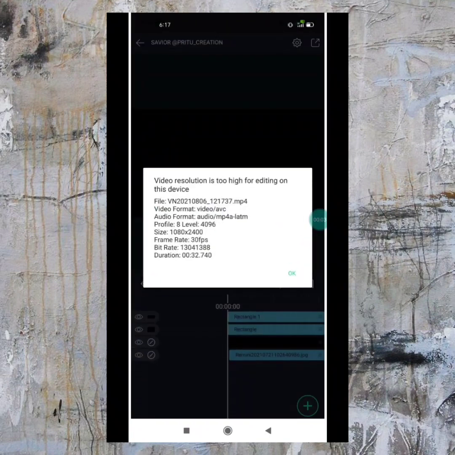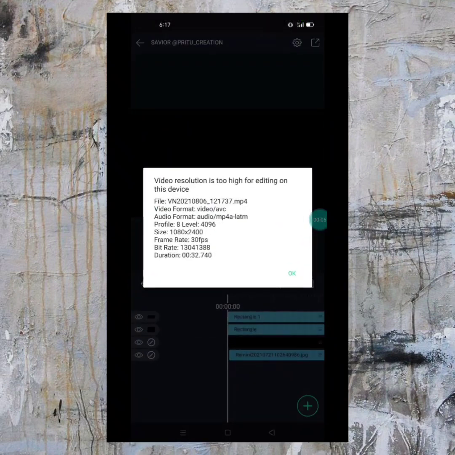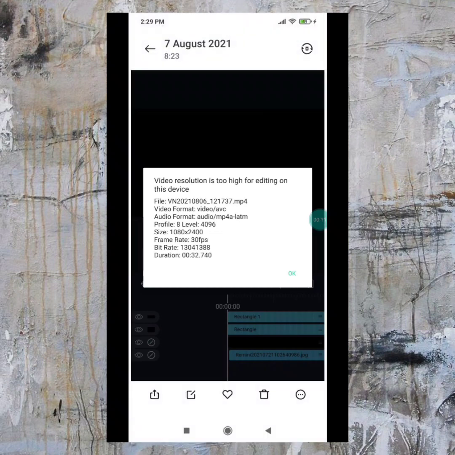The next most asked question is this: you will get this notification whenever you try to import, saying your video resolution is too high and something like this.